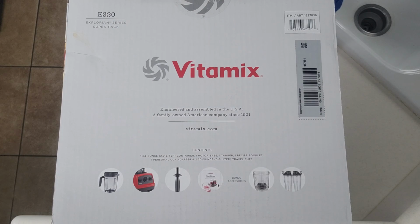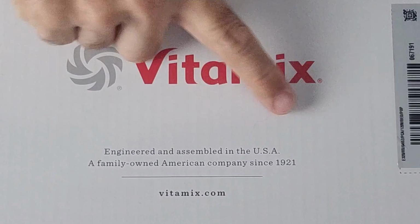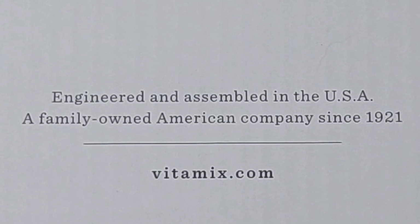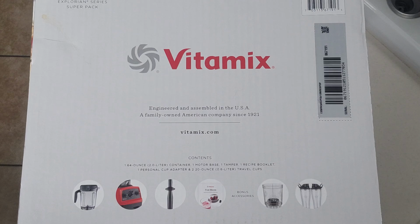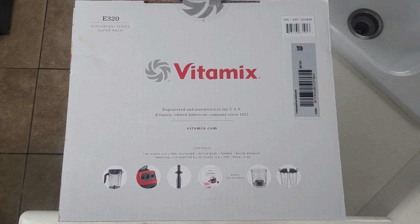Okay, let's go ahead and explore the box. Just in case you didn't know, Vitamix here is made and assembled completely in the United States. And the company is and has been family owned since 1921. They are a brand that has been synonymous with quality the entire time. And when you're talking about good blenders, Vitamix here is always at or near the top of the list in